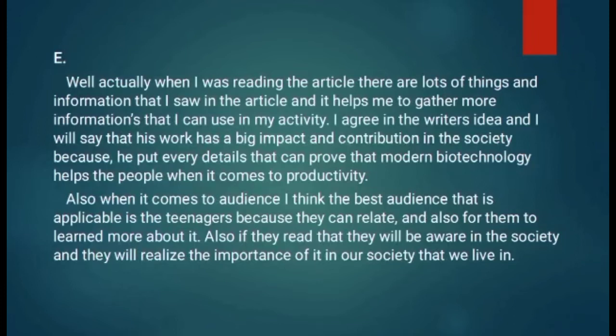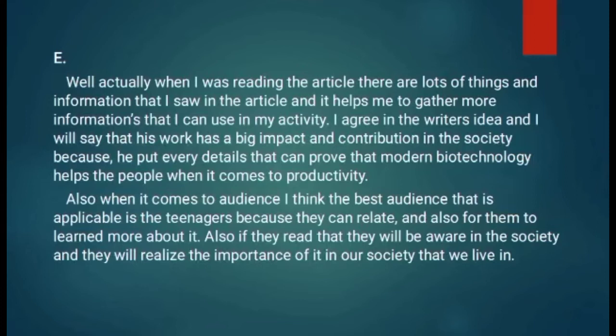Well, actually, when I was reading the article, there were lots of things and information that I saw in the article. It helps me gather more information that I can use in my activity. I agree with the writer's idea, and I will say that his work has a big impact and contribution to society because he put in every detail that can prove that modern biotechnology helps people when it comes to